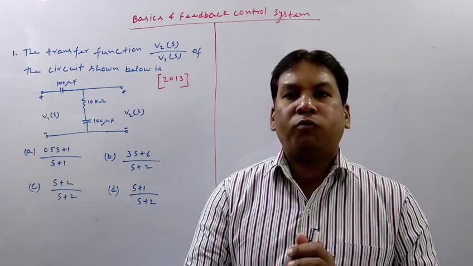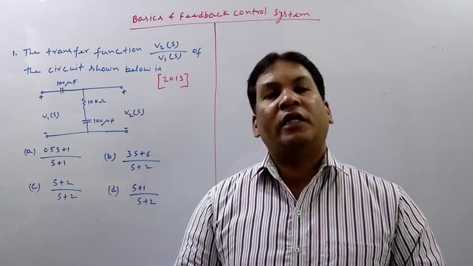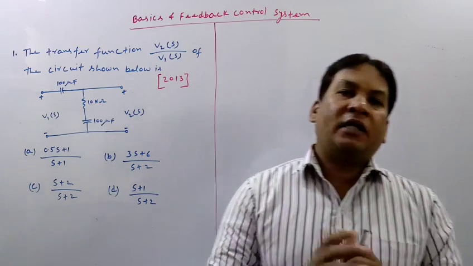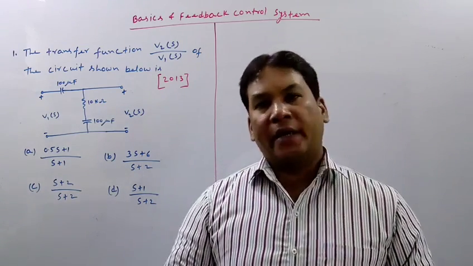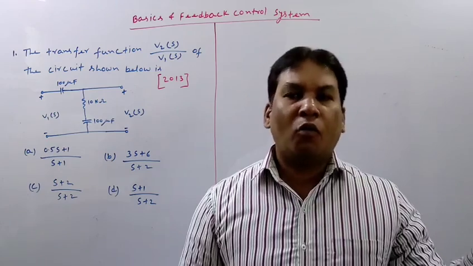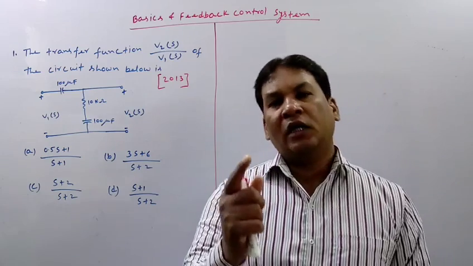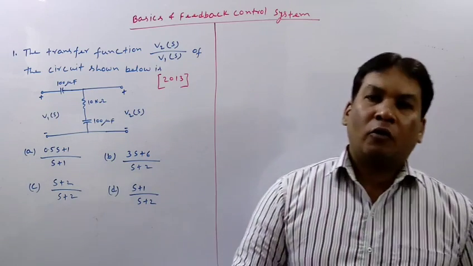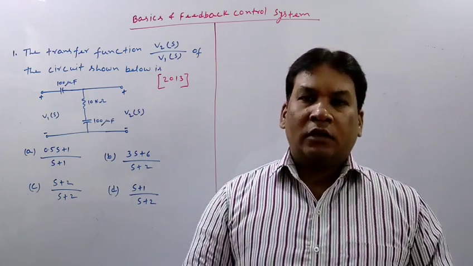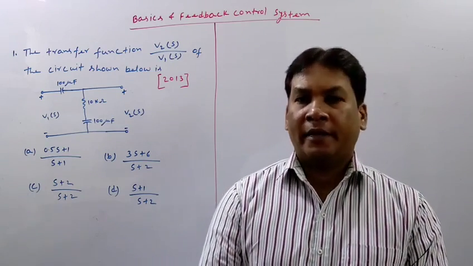And what is the output? Output is the speed and direction. So this is the case of a multi-input, multi-output system. What is a single input, single output system? Suppose a fan: we are giving electricity to that fan. So electricity is the input, we are applying some voltage across the fan, and we are getting the output as rotation of the fan. So rotation of the fan is the output, and the applied voltage is the input of the fan.